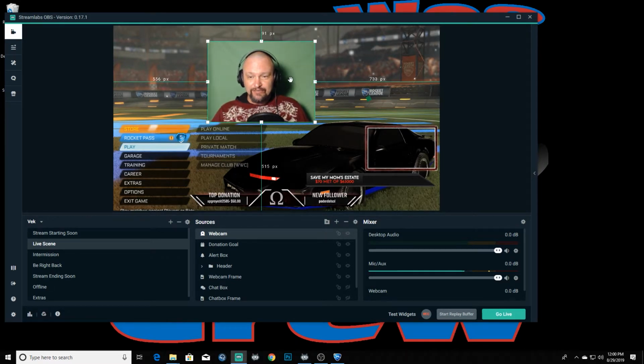Like, that's not going to key out. So you have to have what's called a key light. So you're going to need to get a second clamp light that's just a tiny bit behind you, but that's going to shine onto the green screen. And it's going to help cut any shadows, and it's also going to help that green really pop and really look good. So we're going to adjust that just a tiny bit there